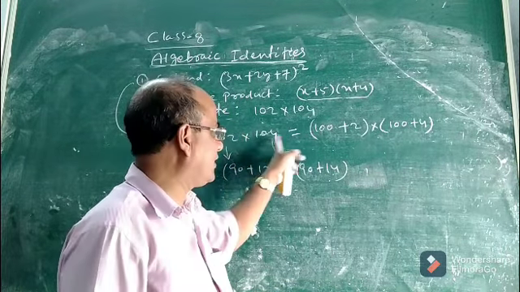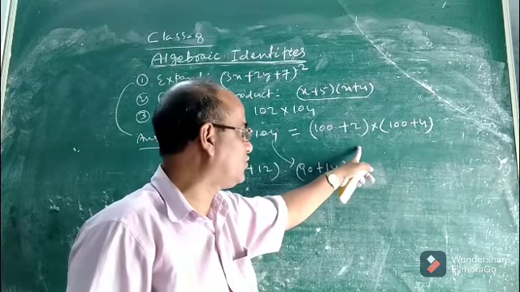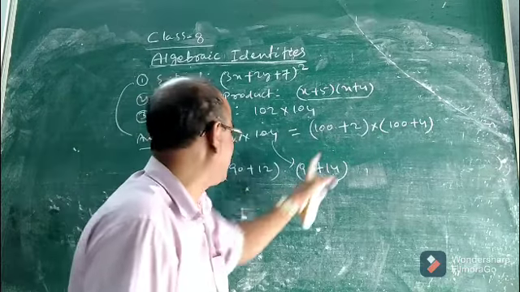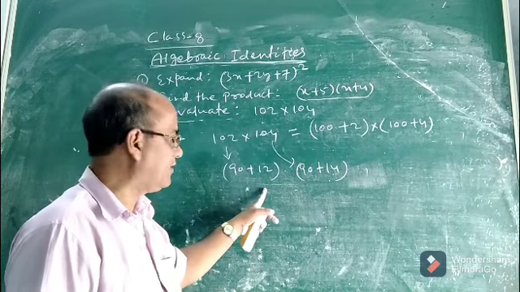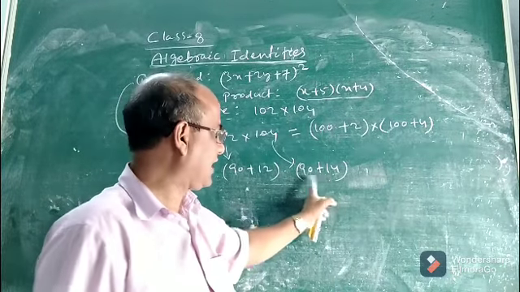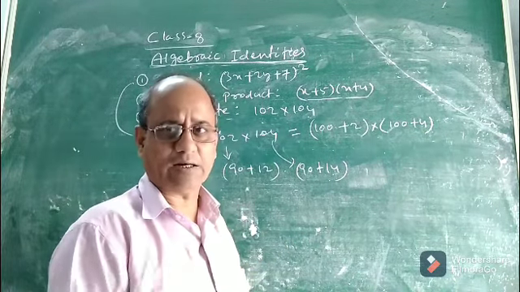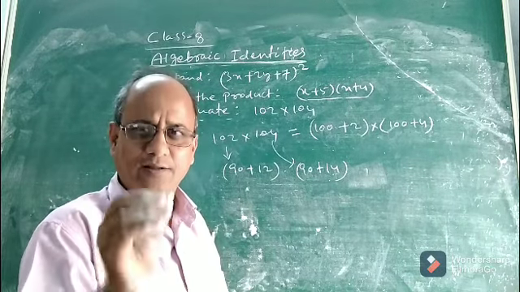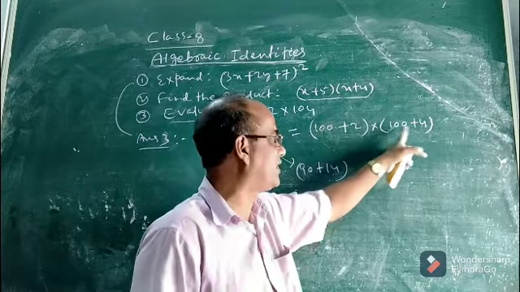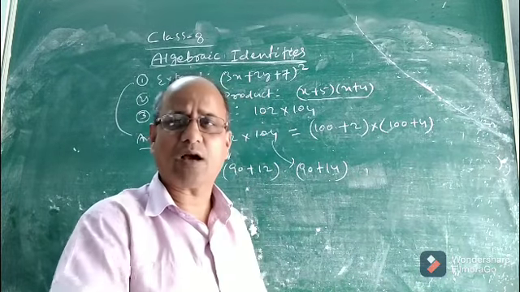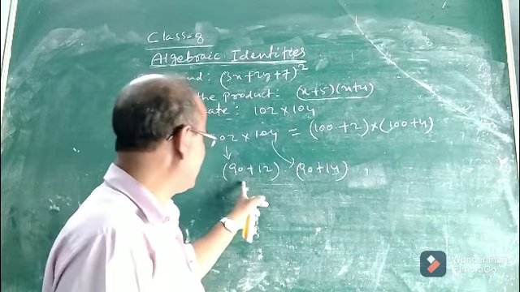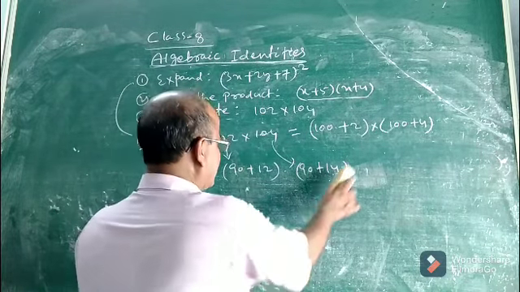This is one question. I said 102 into 104, you break in this manner: 102 as 100 plus 2, then 104 as 100 plus 4. But you can ask me, sir, instead of writing 100 plus 2, can't we write 90 plus 12? And instead of writing 104 as 100 plus 4, can't we write 90 plus 14? The answer is yes, you can write. No problem. But what is the difficulty in writing this form? You see, in this way, if you write 100 plus 2 and 100 plus 4, and do the simplification, the multiplication will be very simple. But I am doing both the ways so that you will understand, children.